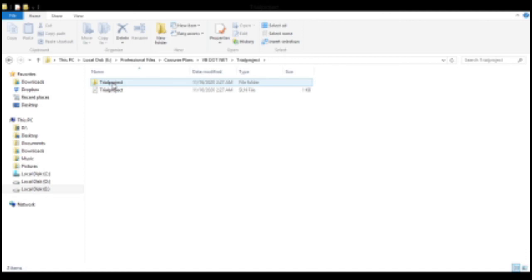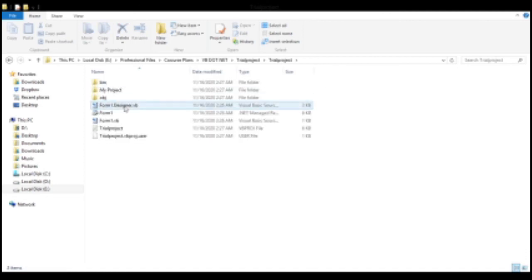We get another folder, trial project, and under that we have some folders and files. We can see that Visual Basic source code, that is .vb file, and Visual Basic form and Visual Basic source file .vb, all those are created. VBPROJ file is also created inside the trial project folder.